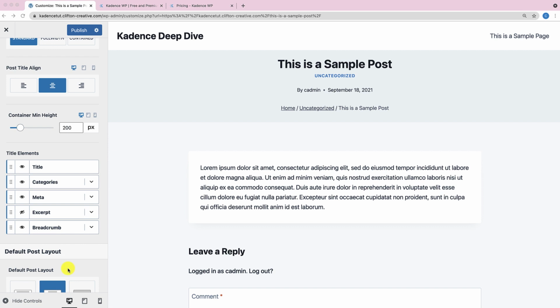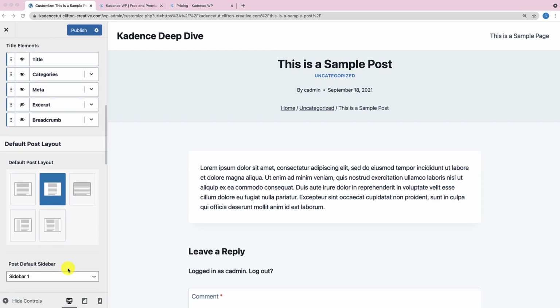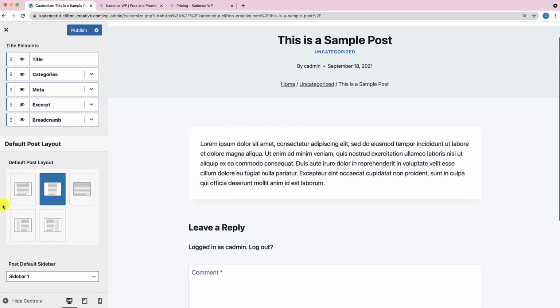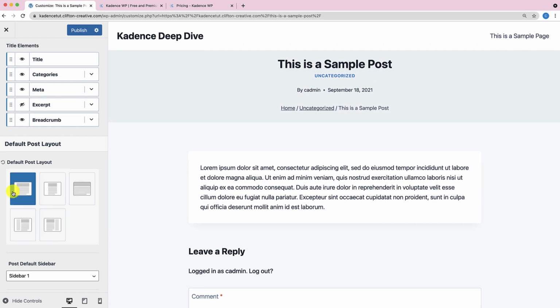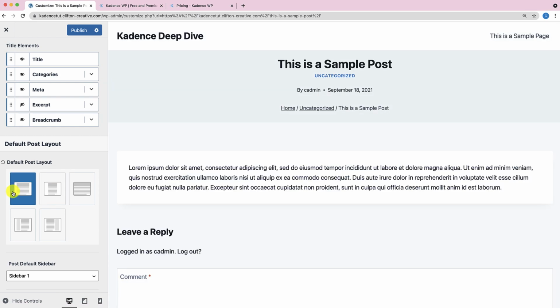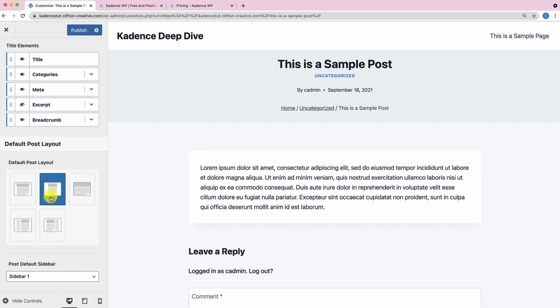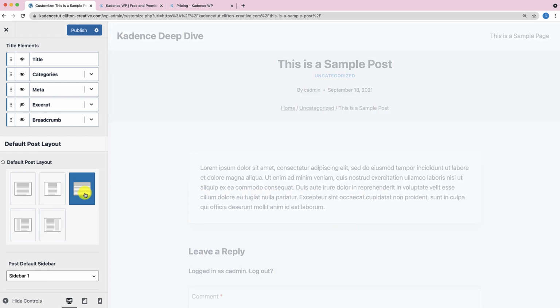Next, you can make changes to the post layout itself. Right now we kind of have a narrow post layout, but you can actually make this wider, right? There are 5 options that you have here. I can do a wider post layout where it's closer to the edges of the screen with padding on the left and right. You can go back to the traditional default layout. There's also a full width option